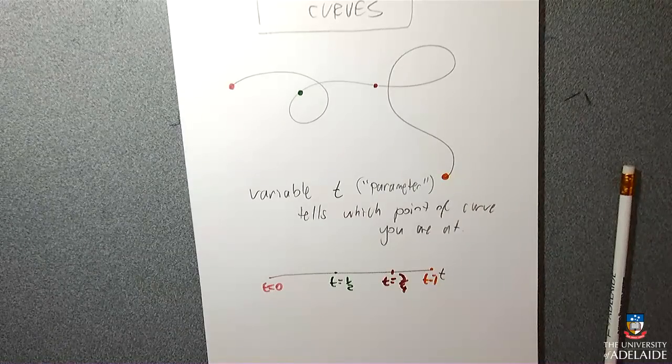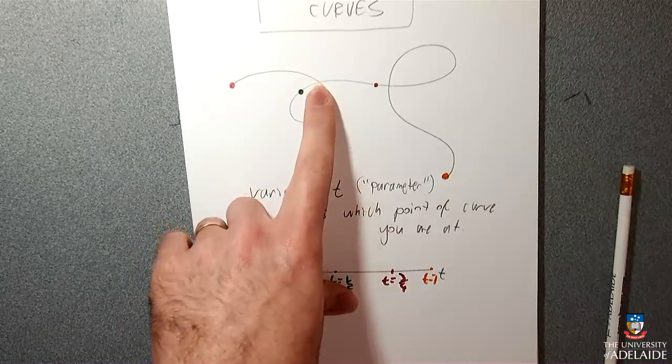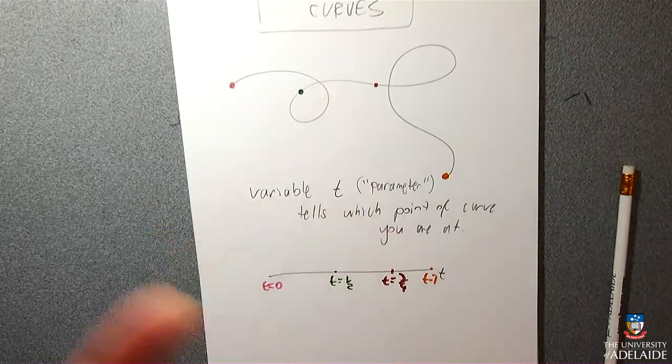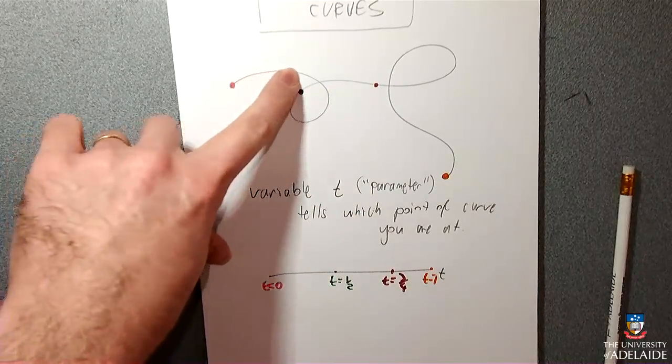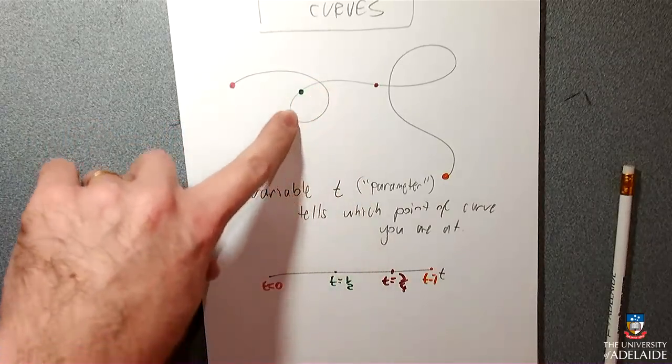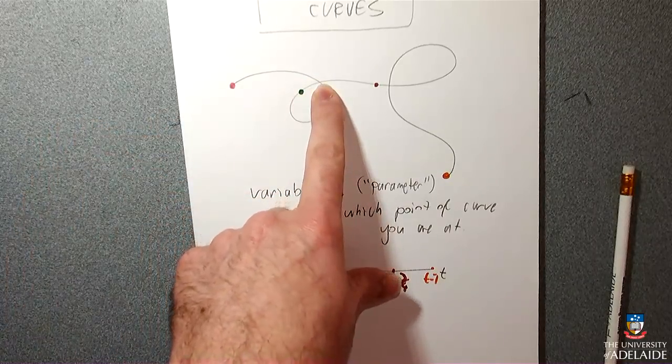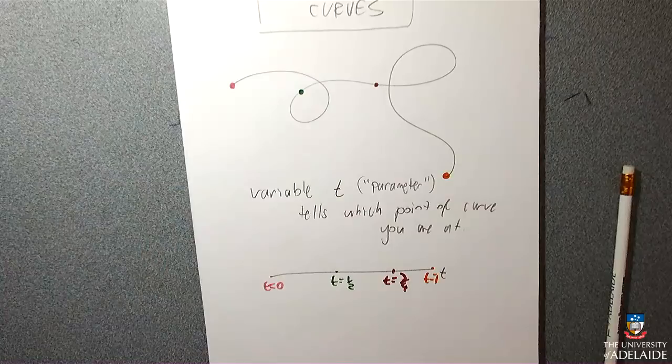Cool. And I can figure out various things. The main thing I want is to be able to locate every point on the curve. This curve loops over itself, so some of these points will be located twice. I think it might happen once when t is a quarter, and then again when t is 0.6. It would be nice if it only happened once each, but for a curve that loops around itself, it's really difficult to do that.